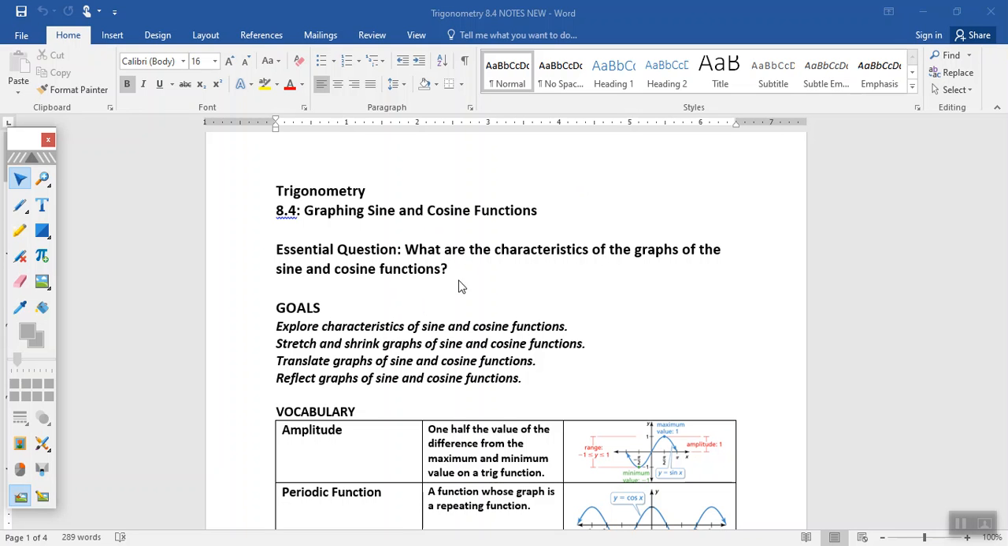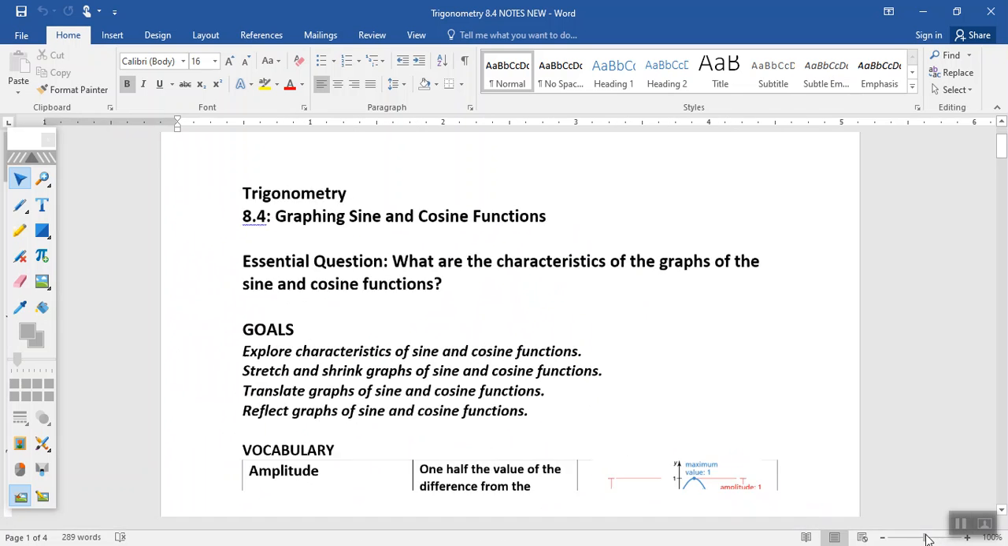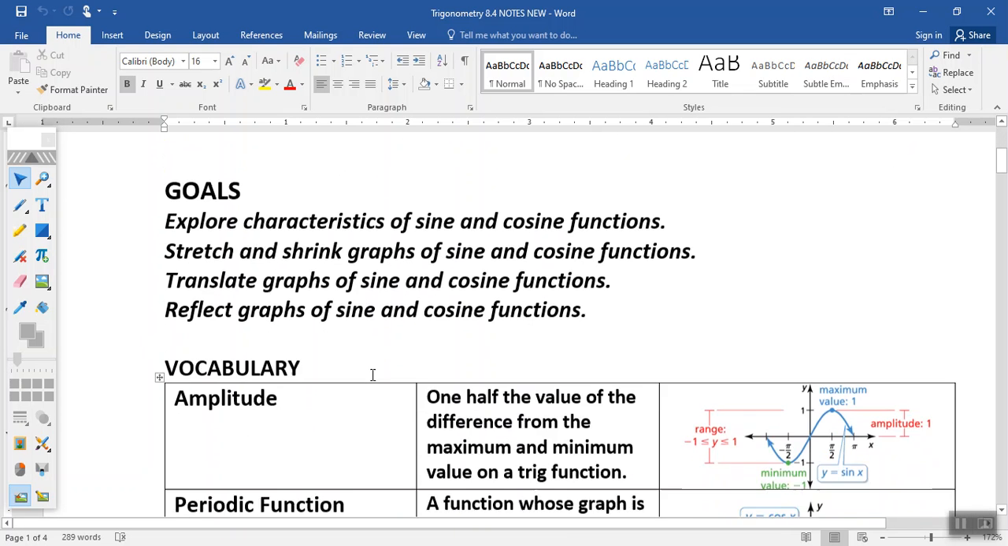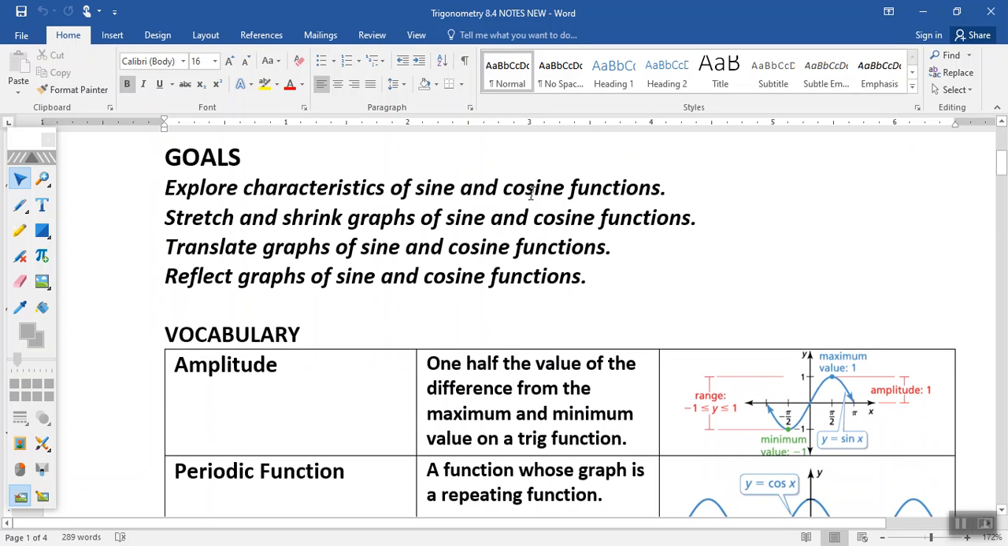Question we're trying to answer today is this. What are the characteristics of graphs of the, which two functions we focused on today, kids? Sine and cosine functions. So our goal today is to explore characteristics of sine and cosine